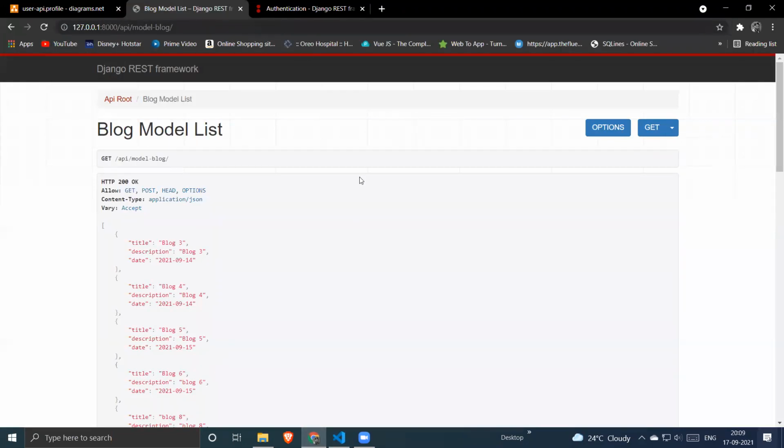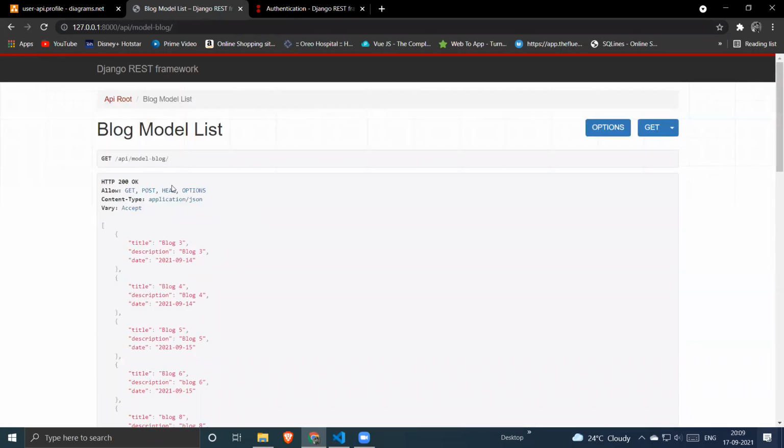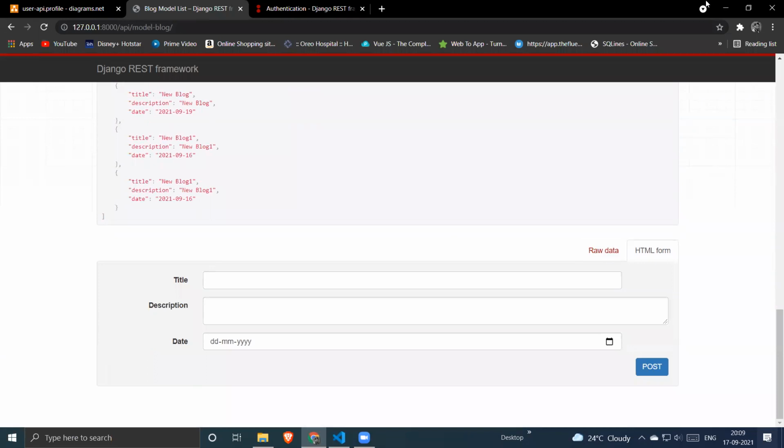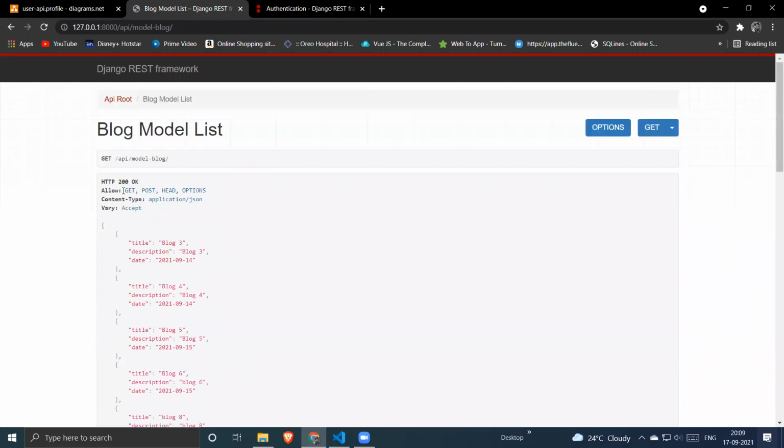You can see we got a list of objects, and the allowed methods are GET, POST, HEAD, and OPTIONS. We can post the data and we can get the data, but we are unable to see the PUT and PATCH methods.